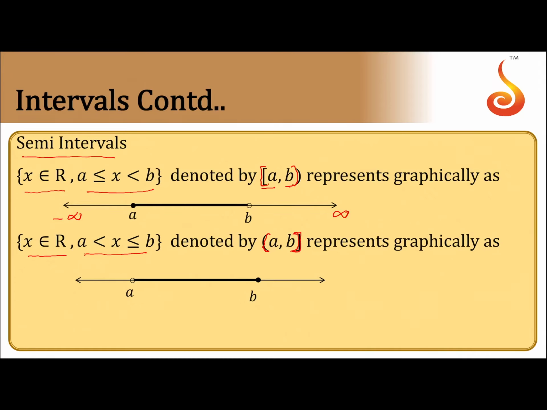On the number line minus infinity to plus infinity, the set of all numbers between a, b including a excluding b is called closed a to open b, [a, b). And the other interval, on minus infinity to infinity, the set of all the values between a, b, we represent this on the minus infinity to plus infinity real number line. All the numbers between a, b excluding a including b, where a is less than b.